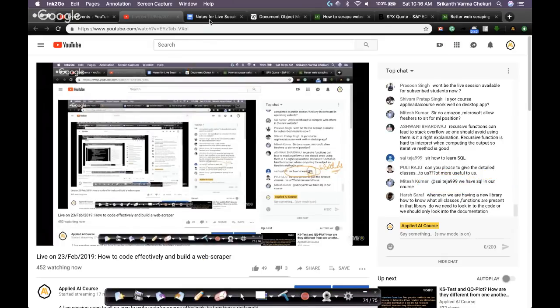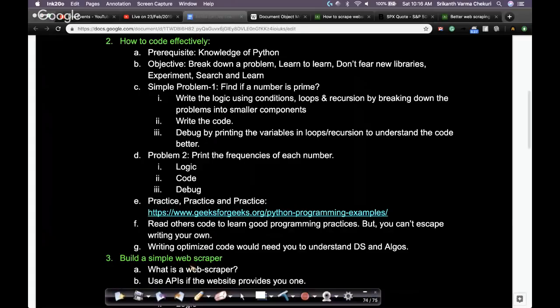Okay. So I hope there are no issues here. I'll go back to the discussion itself. Let's start with a very simple problem. Then we'll take a slightly complex problem, and then we'll jump to a web scraper. Bear with me. I'm starting very, very simple here. Some of you may think this is too kiddish, but this is how logic will be built, right? So the first problem is,